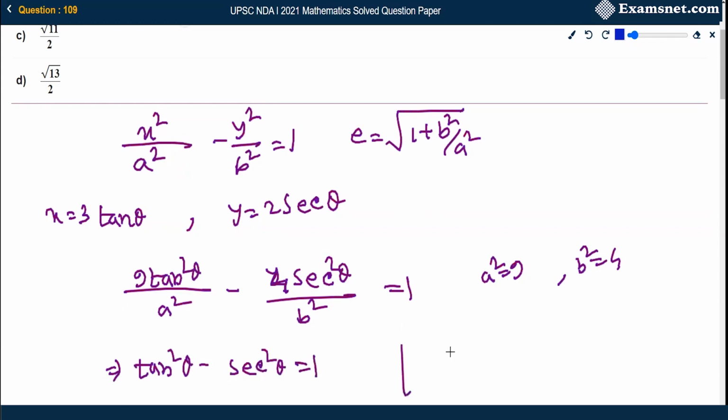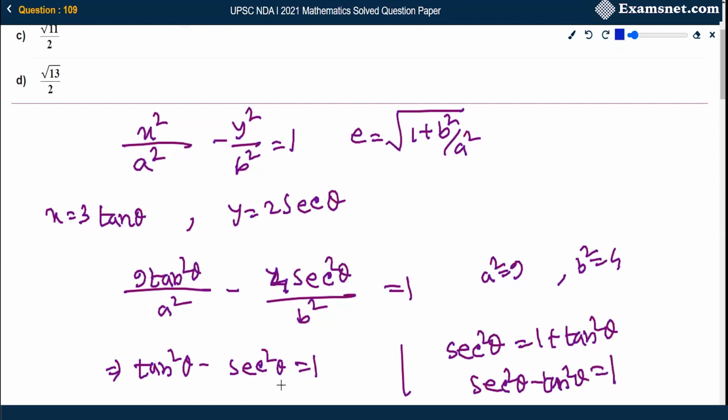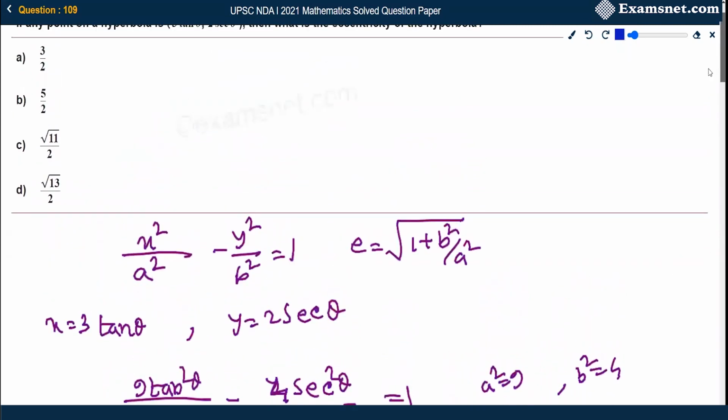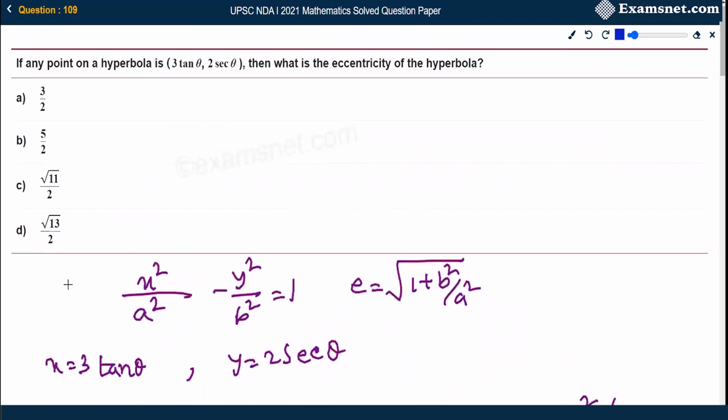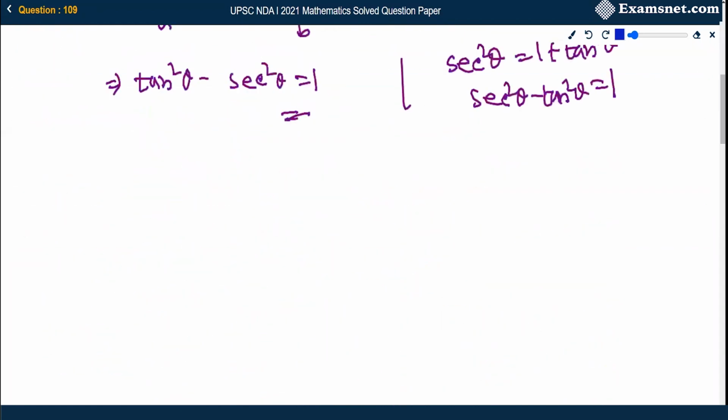But we know that sec square theta equals 1 plus tan square theta. That means sec square theta minus tan square theta equals 1. But this is giving completely the opposite, whereas we got tan square theta minus sec square theta equals 1. That means this is not the hyperbola. Here they are referring to the hyperbola that we have not assumed, that is the conjugate of that hyperbola. So the general form